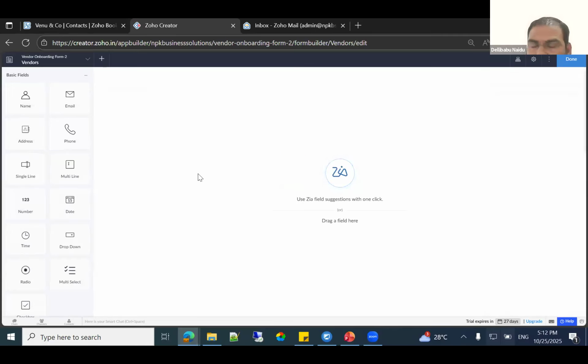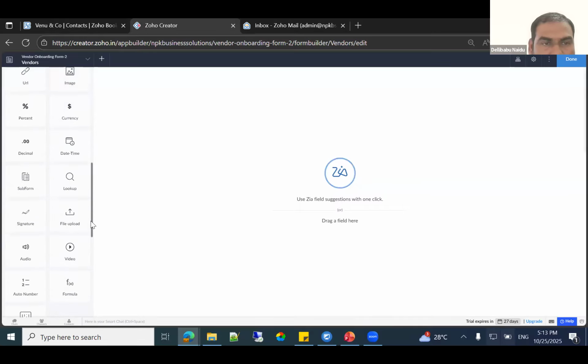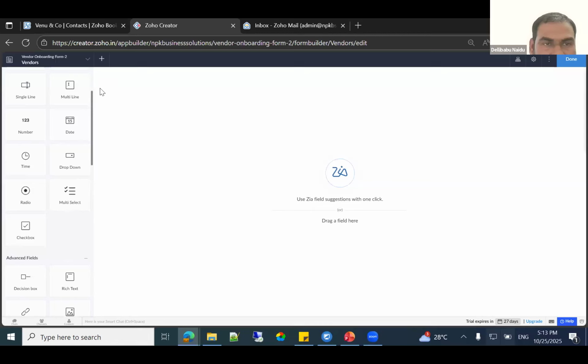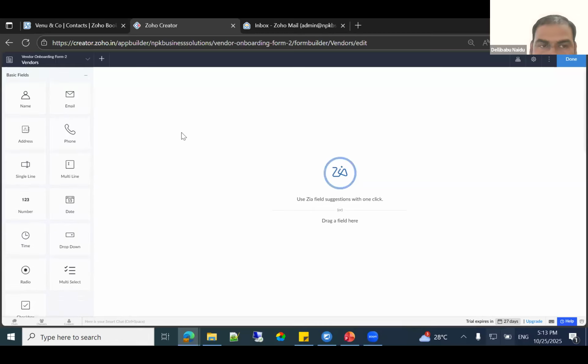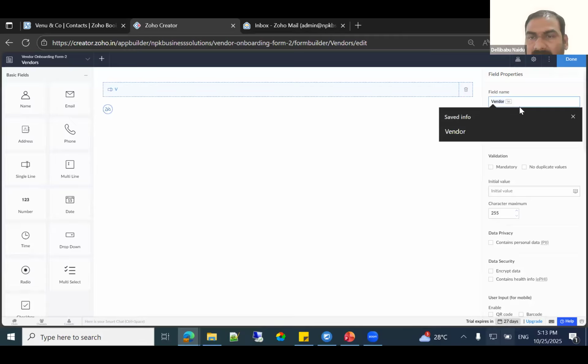It is like your Office Forms, Google Forms, or Zoho Forms. They already provide all the fields, the maximum fields required. You can use these fields and create your requirements, like your invoicing formats or anything based on your requirements. Quickly, I'm going to create the same thing